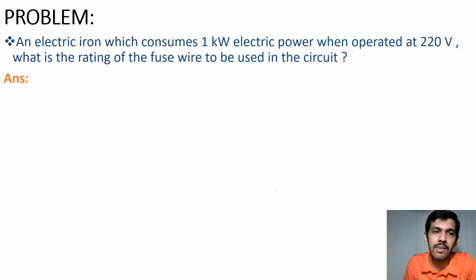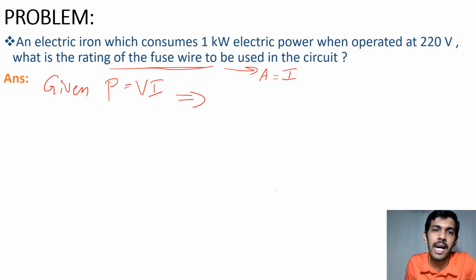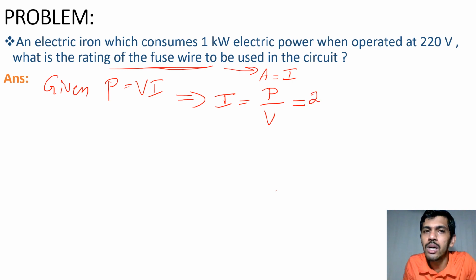So we have to write the given values first. We know that power P is equal to V into I. The formula for power is V into I. But we don't require P here, it is already given. What we need to find out is the rating of the fuse wire. The rating will always be in amps. That means we need to find out the current flowing through the circuit. So we can rearrange this equation as I is equal to P by V. P is given as 1000 watt divided by 220. So the 0 cancels, which comes out to be equal to